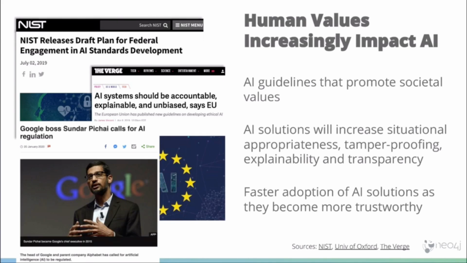The head of Google was calling just recently, I think a couple weeks ago, for more AI regulation, and to do it in a balanced way. And then even the White House asked NIST, the National Institute of Standards, to look into how the government should engage for AI standards development. They've put out a plan. I would call it a plan for a plan. But these things are becoming influential to how AI is going to be developed. And the more we can trust AI, the faster we're going to have adoption within different markets and